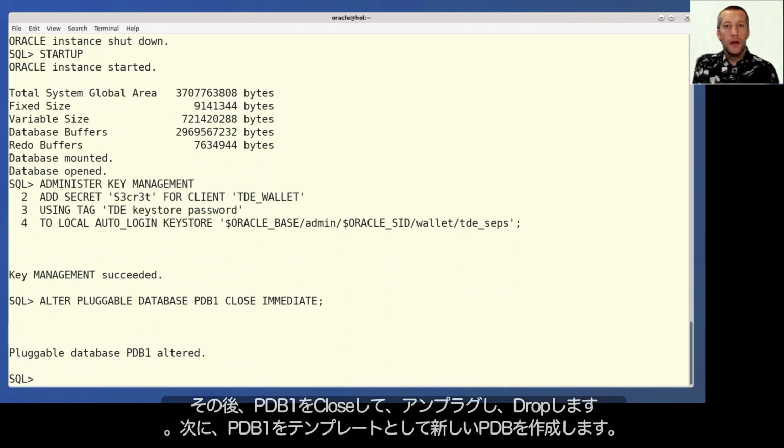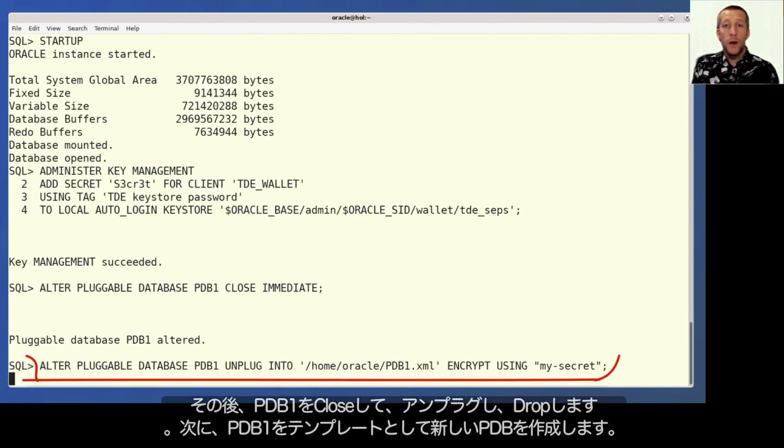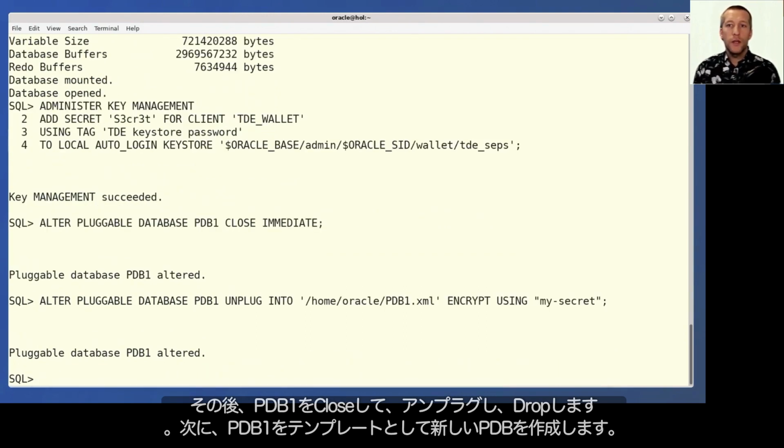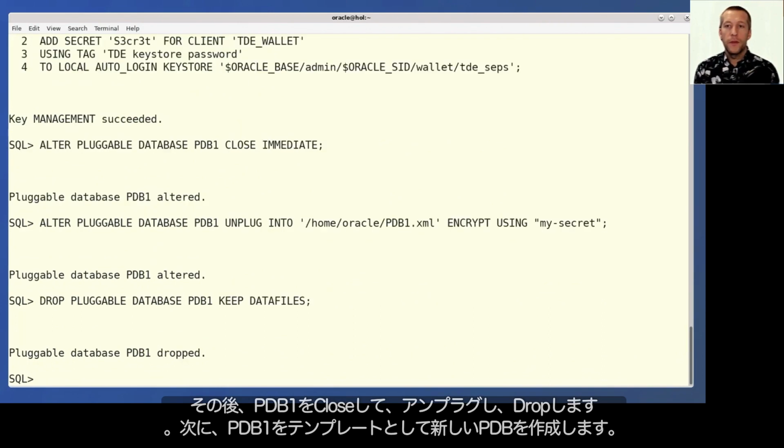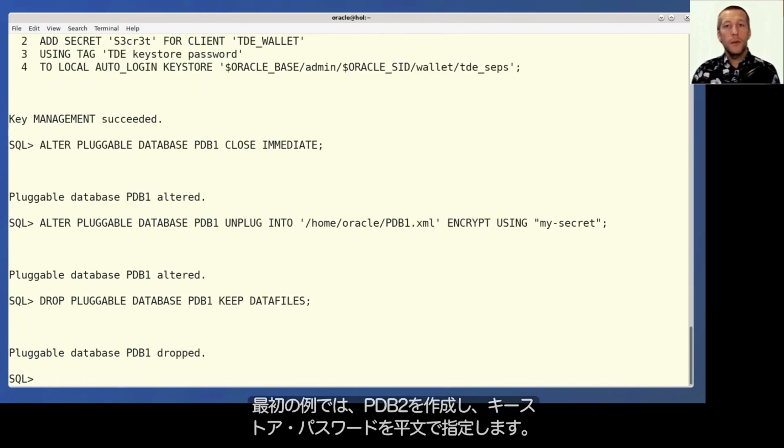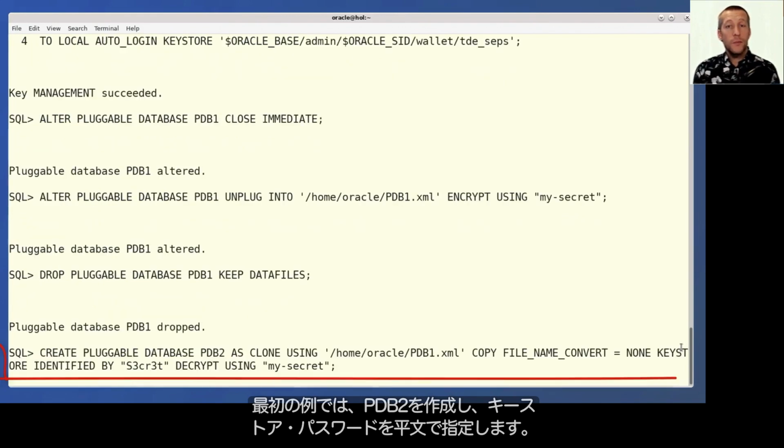After that, I close PDB1, I unplug it, and I drop it. And then next we can start to create new PDBs using PDB1 as a template. So for the first example, I'm going to be creating PDB2, and I'm specifying the key store password in clear